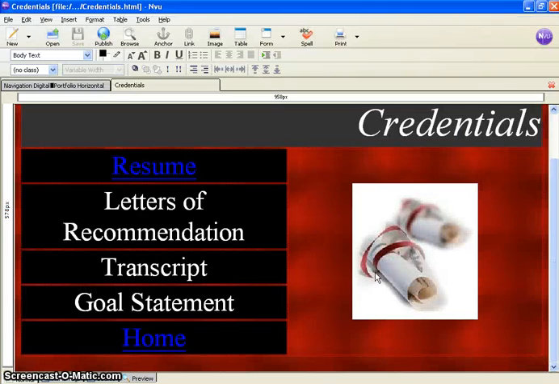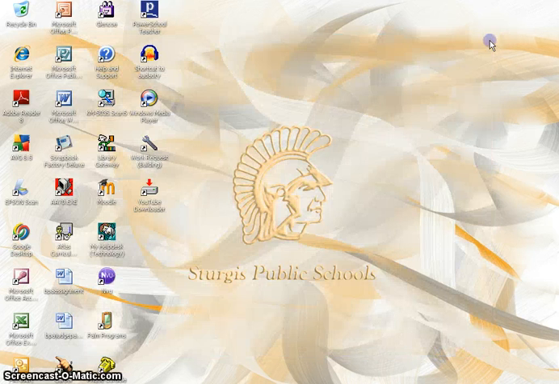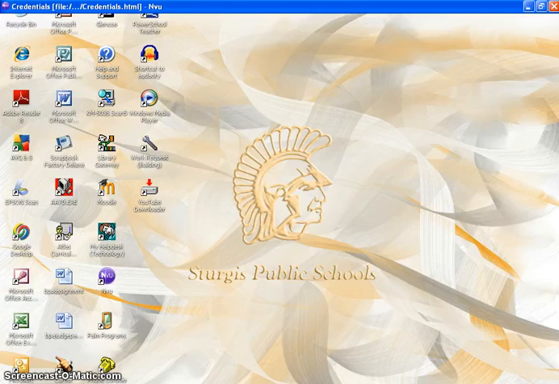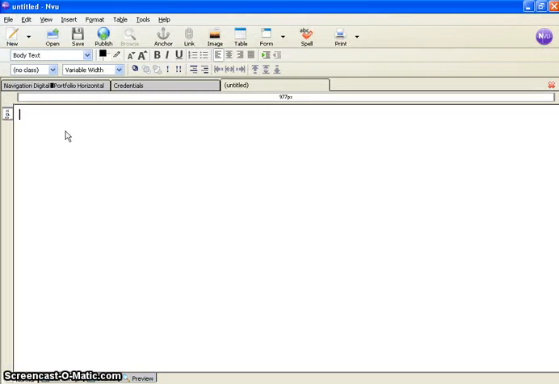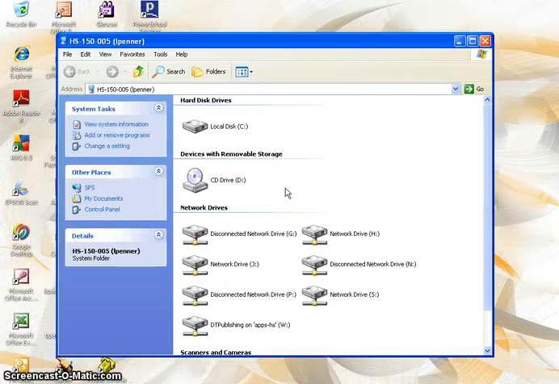Okay, we're going to take you through creating a digital portfolio, but we're going to use a vertical navigation versus a horizontal. And first, before we get too far into this, I want you to go into my Outbox,